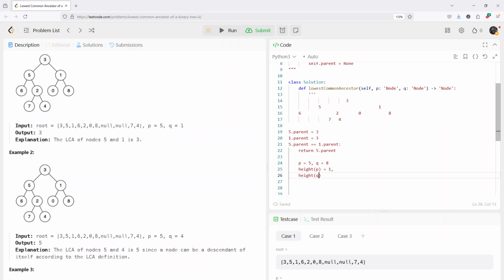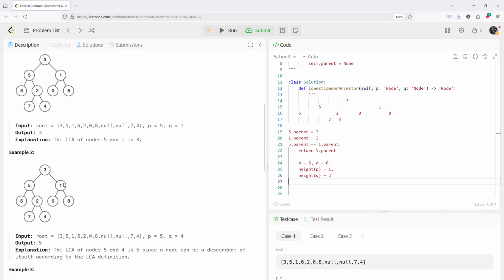Height of q would be 2, because you go from the 8, to 1, and then the 3. But in this case, actually this is not a great example. First you know q has the higher height,